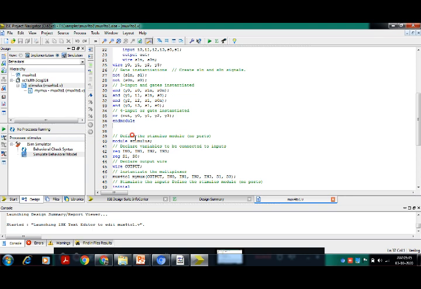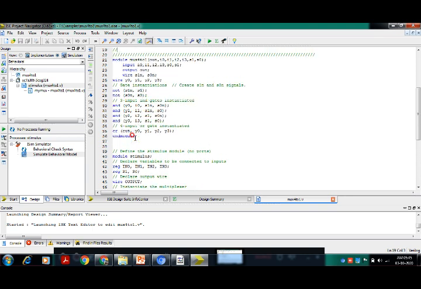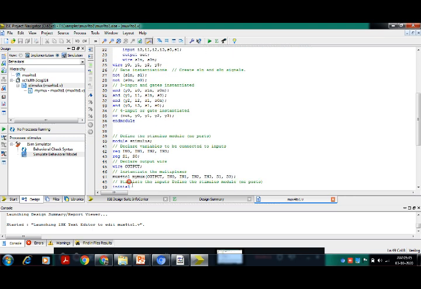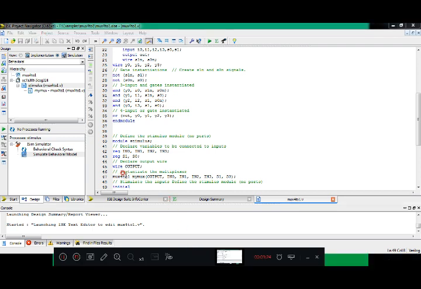MUX 4 to 1. Since we have given the name for the top level module as MUX 4 to 1, here also we need to use MUX 4 to 1. Then the instance name we are giving here is myMUX. In your top level code, that is the stimulus, wire OUTPUT, in caps lock you have written uppercase letters, so this is allowed.